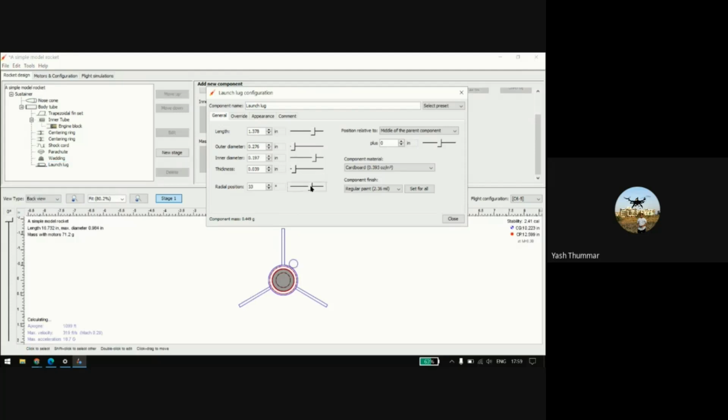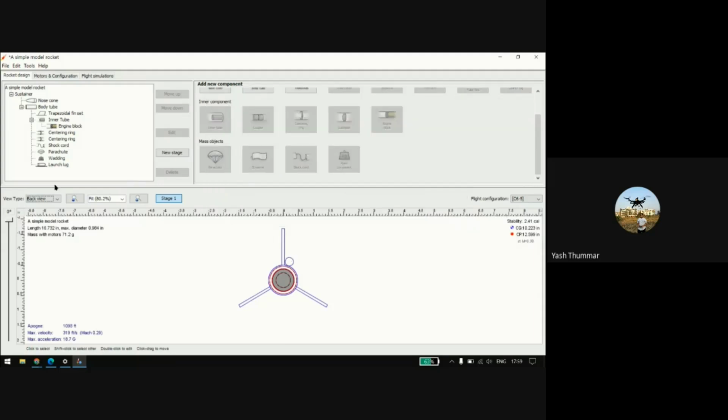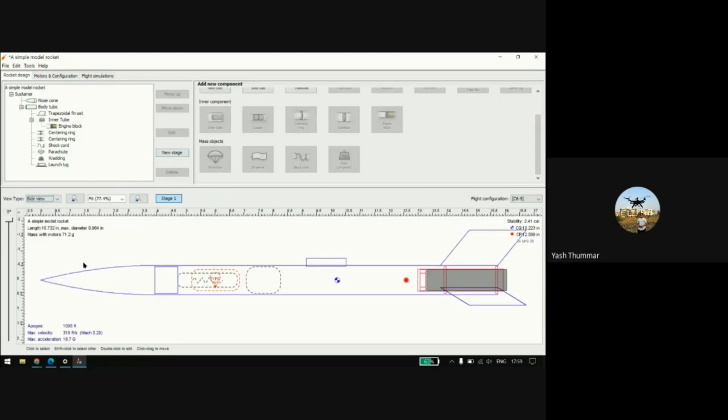If you change it, it will go here and here. But to maintain this, there is a reason: the rod will be passing through this launch lug. It will give the stability with the fins also, right? So you have to set it like this. Okay, and it's all about how you configure your rocket.